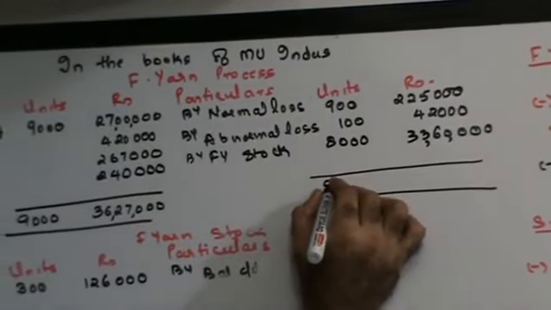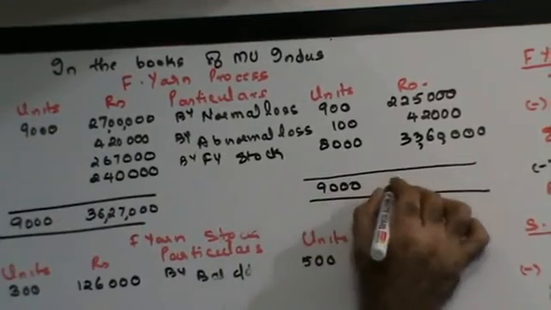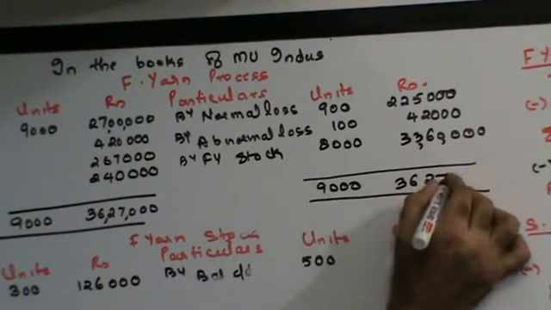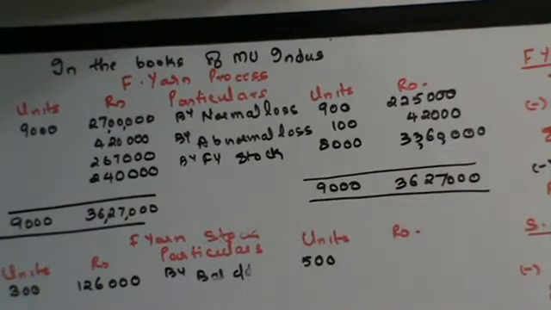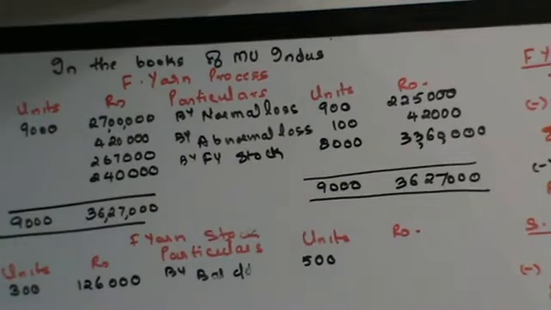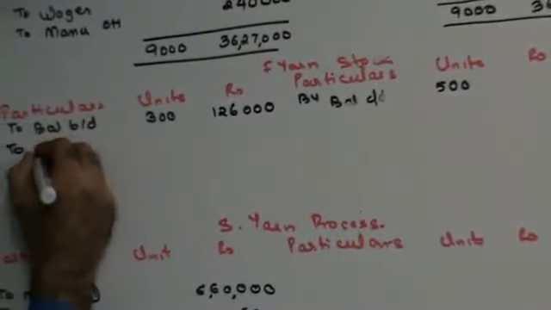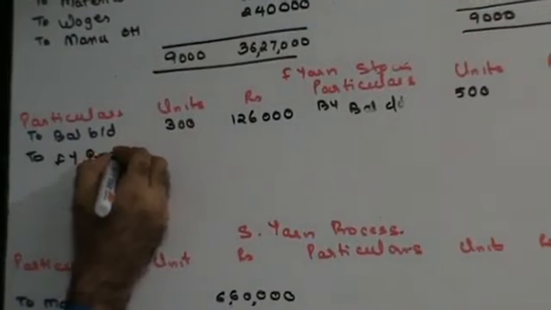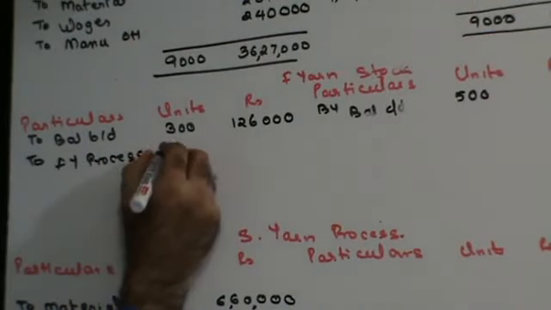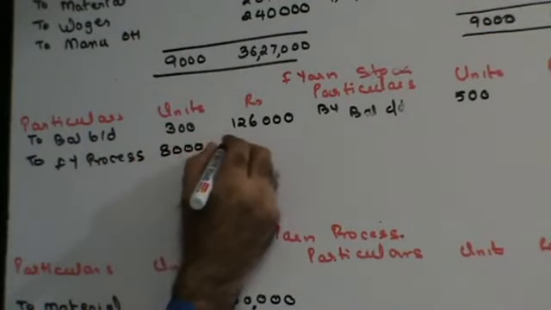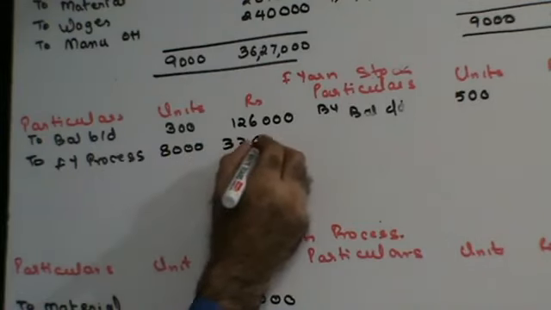Fine, do we get this? Now bring this down here to FY process. 8,000 units and 33 lakh 60,000,